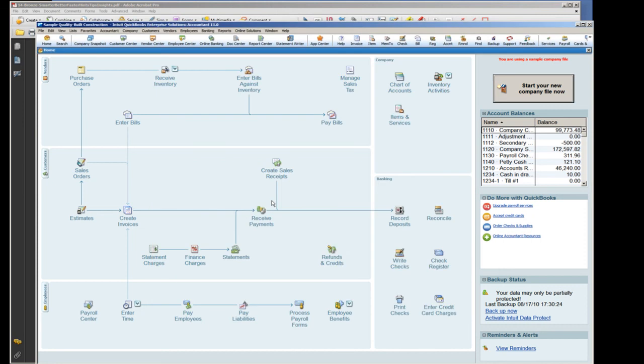If you can, you want to work in single user mode. And of course, I'm sure you all know how to flip over into the single user mode. So if you're working alone in the file, no point in leaving it in multi-user mode. Flip over into single user mode. Things will act a little faster. If your file size starts getting really too large, you might want